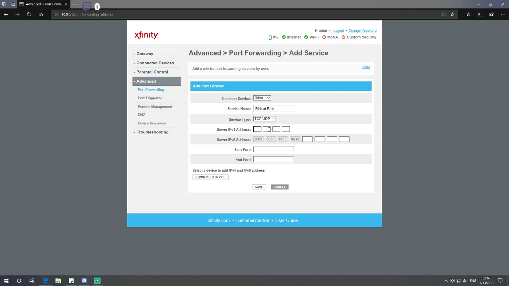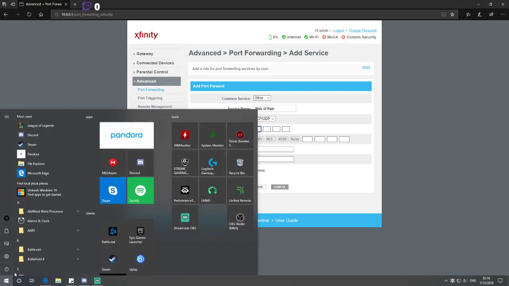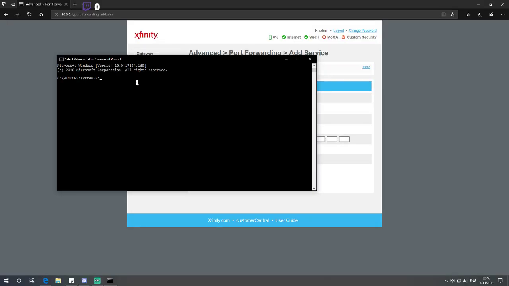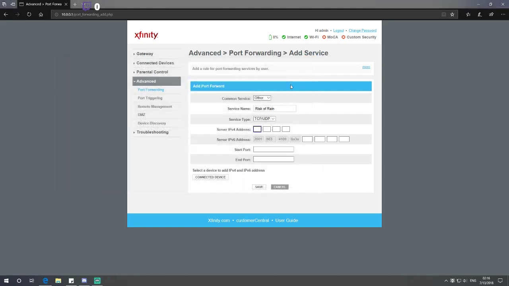And then your server IPv4, you're going to have to go into command prompt here. I don't know why I was doing that. Set it on admin. And then you put ipconfig, and it will give you your IPv4 right here. So you'll put your